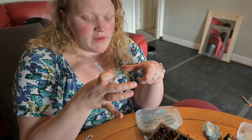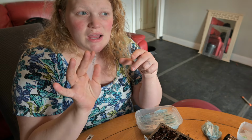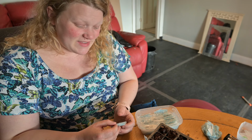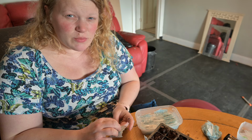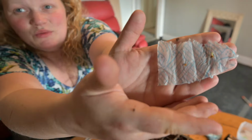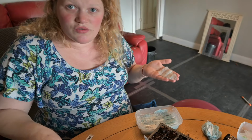So the tomatoes are roughly about that big. It's quite dark on top and red at the bottom, but it does have splitting on it. And I know that some people are kind of put off by the splitting of tomatoes. I personally don't mind. It's really superficial. It's a little bit like corking on a pepper plant. As you see, it's already sprouted, looks really great, so let's get